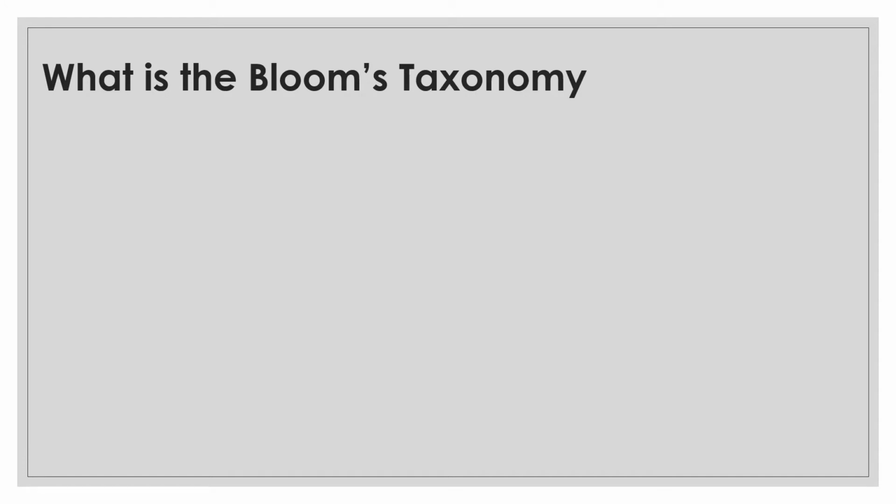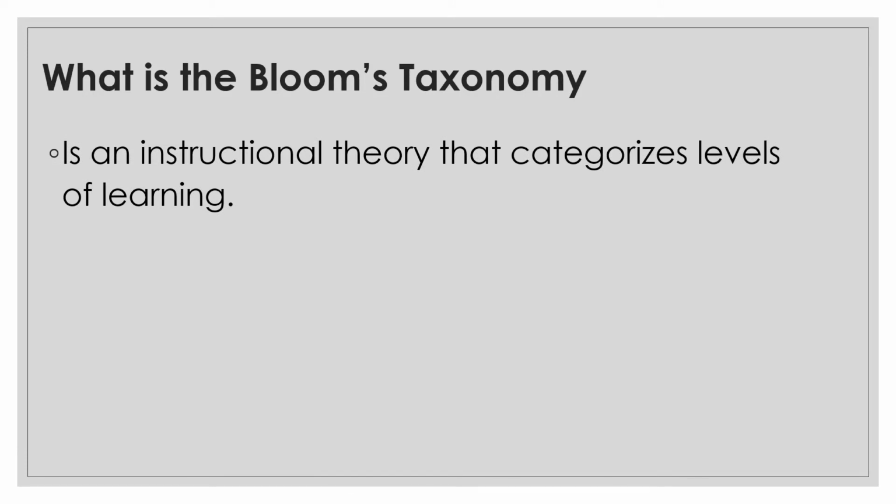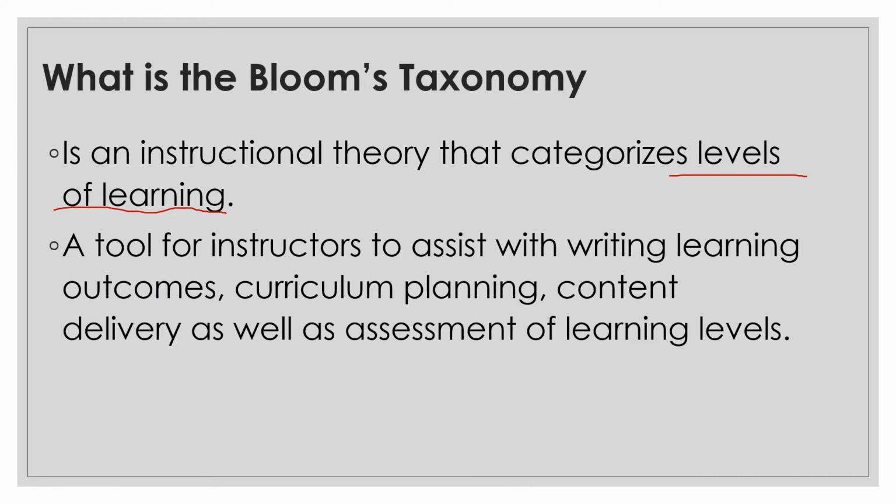O di ba? That's it. Now let's have its definition. This is an instructional theory that categorizes levels of learning. So we have levels of learning. Later we expect that in our discussion, we have lower order thinking skills and higher order thinking skills. Okay, later. And for the second definition, it's a tool used by instructors to assist